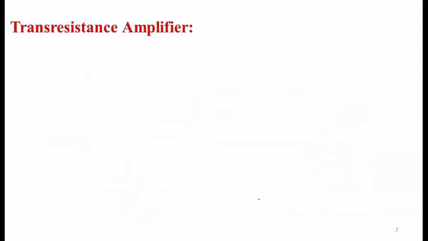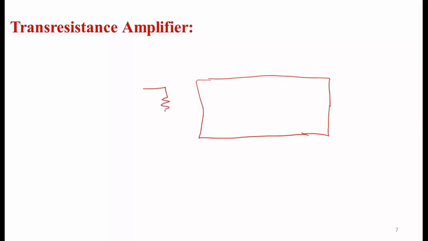So next one is the transresistance amplifier. In the transresistance amplifier, on the output side, we receive the voltage, and on the input side, we supply the current. So let's draw the circuit of the transresistance amplifier. Since on the input side we supply the current, the Norton equivalent circuit of a current source is this one. Here we have the source current IS and the source resistance RS. This is the input resistance RI.